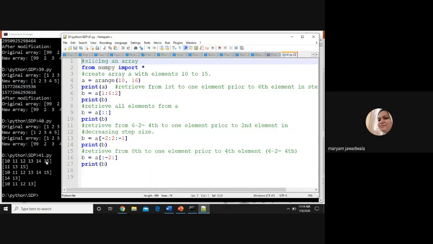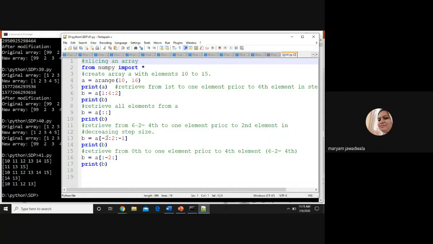Alright. Till now we discussed positive indexes for start, stop and step size. A negative index is also possible in the slice function, right? Suppose I write b = a[-2:]. Minus 2 is the starting index.